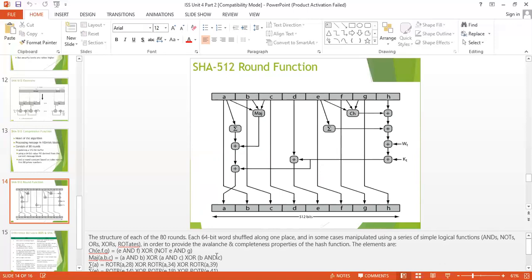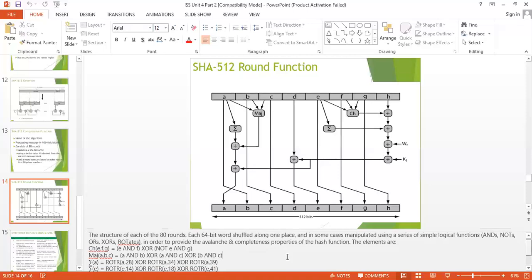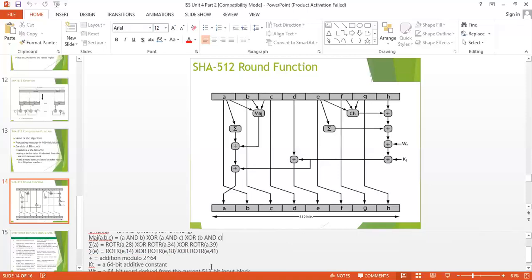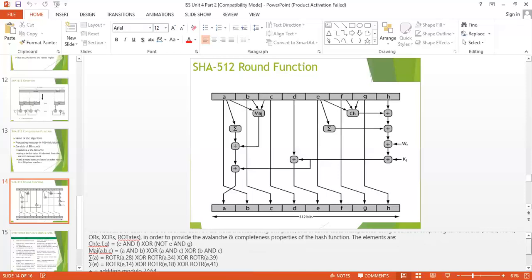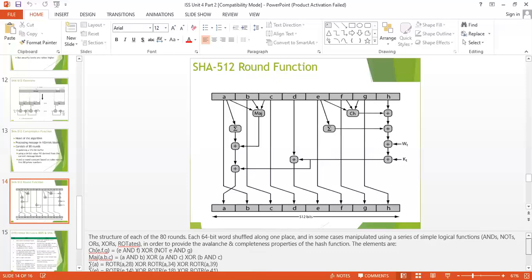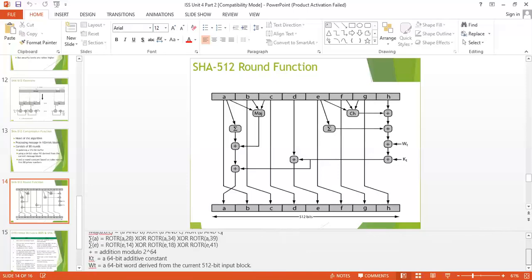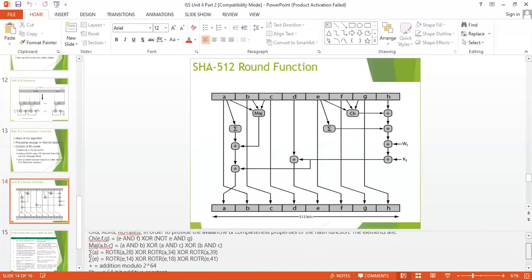In order to provide the avalanche and completeness properties of the hash function, these are the basic elements. In the notes, it shows the basic elements of one SHA-512 round. It shows the additive constant, the word-derived constant, the rotate function, and the AND function.